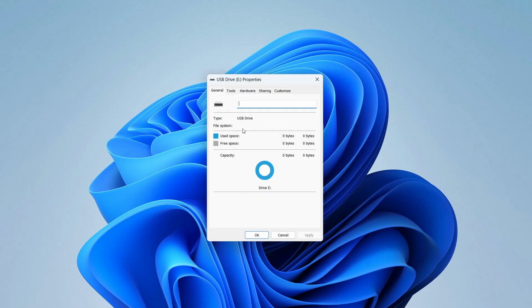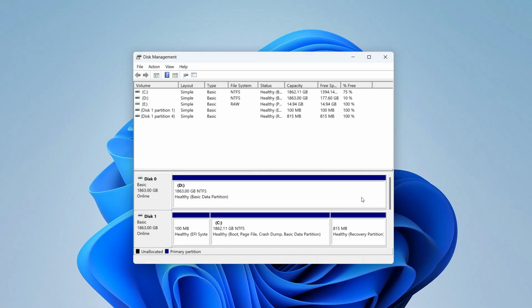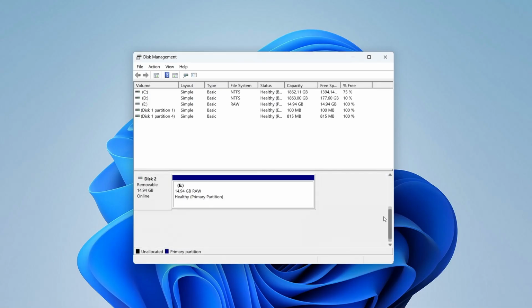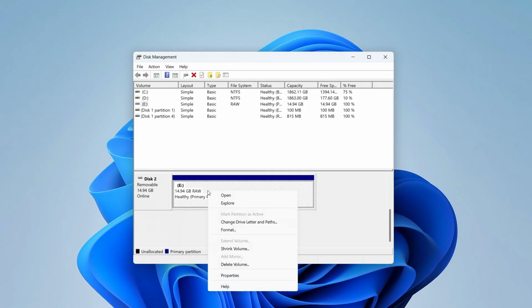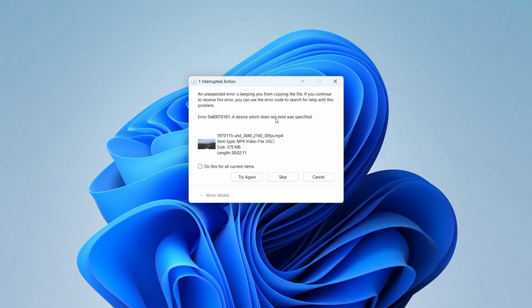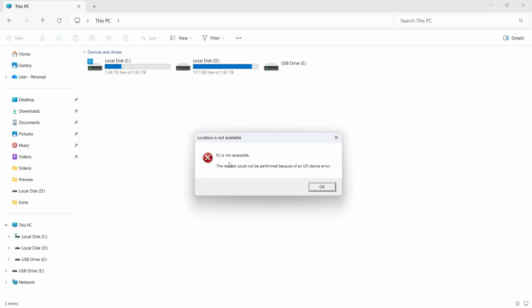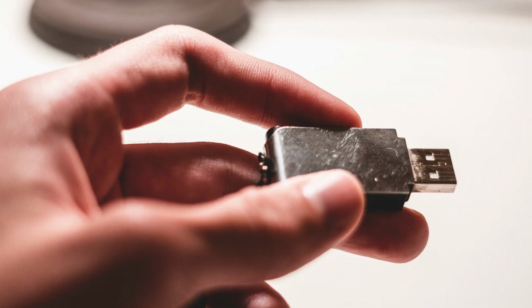USB shows up as raw when Windows can no longer read its file system. Instead of recognizing it as FAT32, exFAT, or NTFS, Windows labels it as raw. That's why the drive may become inaccessible or disappear from File Explorer altogether. Usually, this means something has damaged the file system. It could be an interrupted transfer or format, unsafe removal, malware, bad sectors, or simply the flash memory wearing out